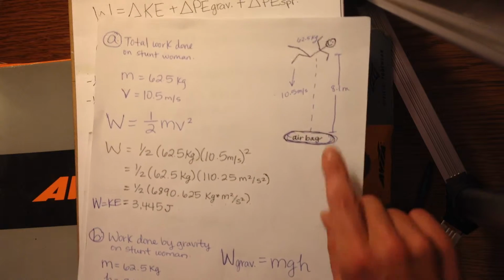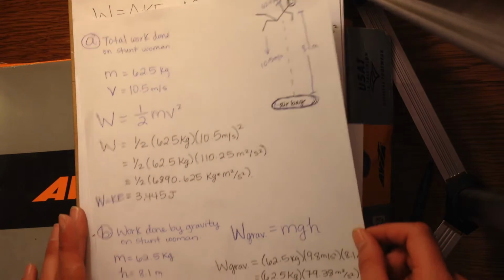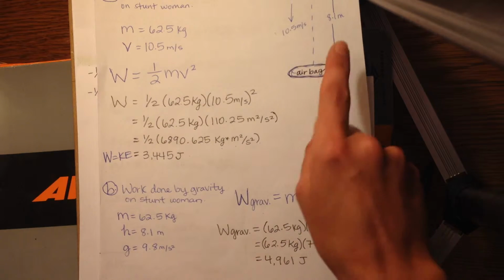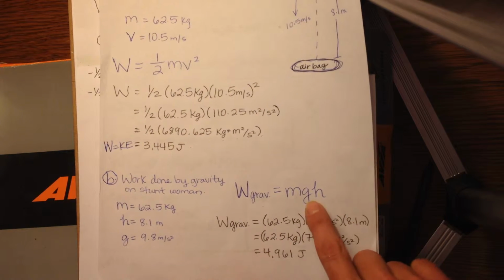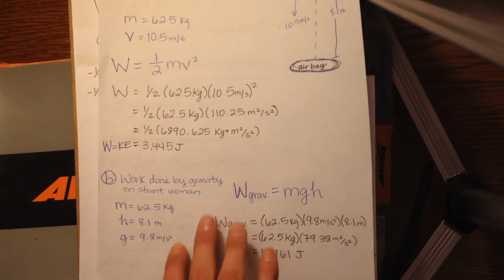H is going to be our distance, 8.1 meters, the distance she falls. And we know all three of those values. So gravity we know is 9.8 meters per second squared. We're going to plug them in and get approximately 4,961 joules. Then part C